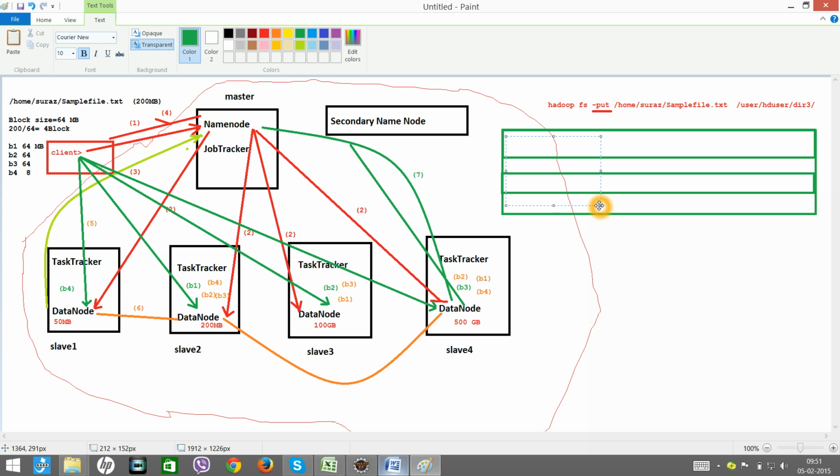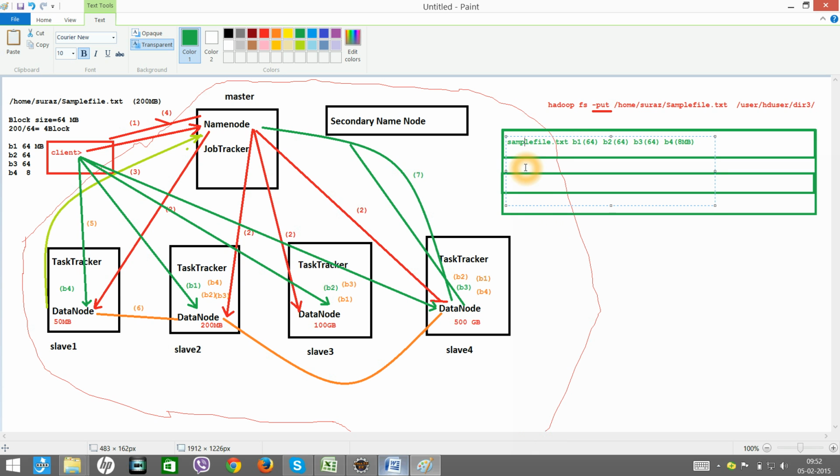What is the file name? The file name is samplefile.txt. It is broken down into how many parts? B1, B2, B3, B4. B1 size is 64 MB. B2 size is 64 MB. B3 size is 64 MB. B4 size is 8 MB.